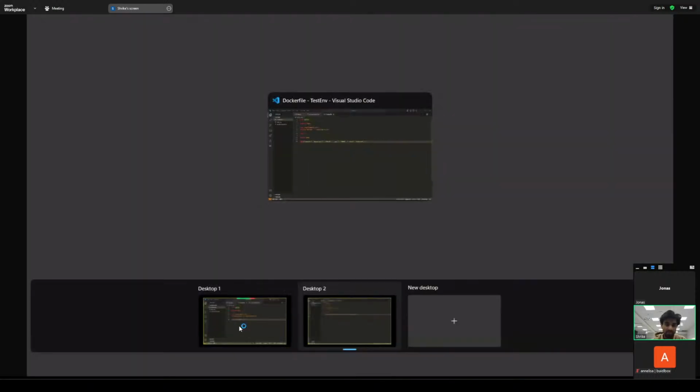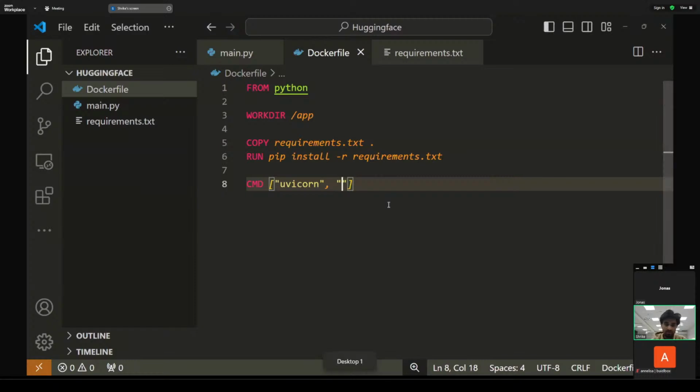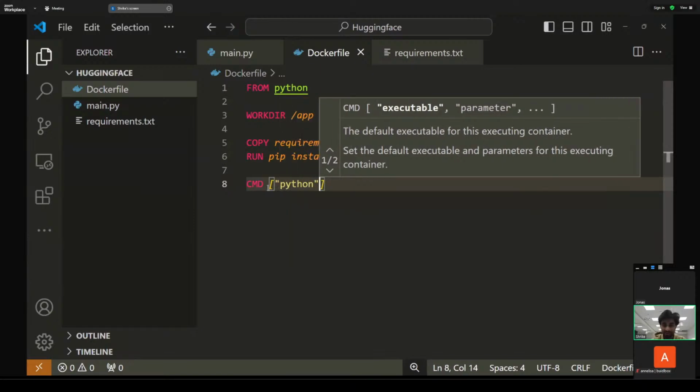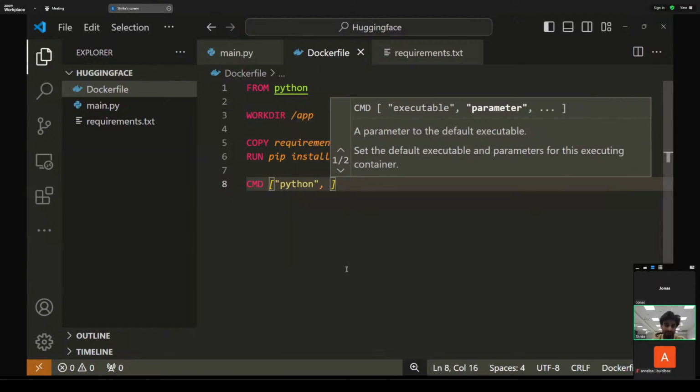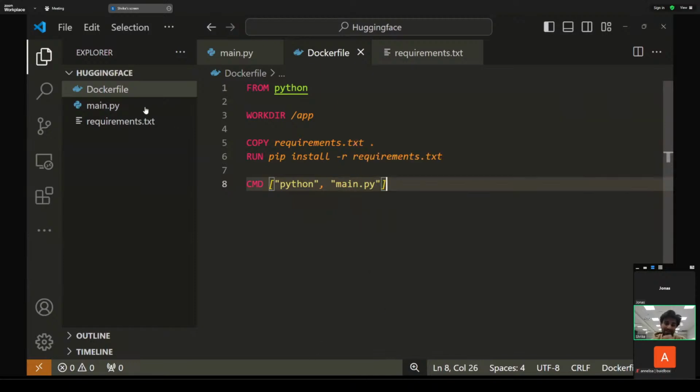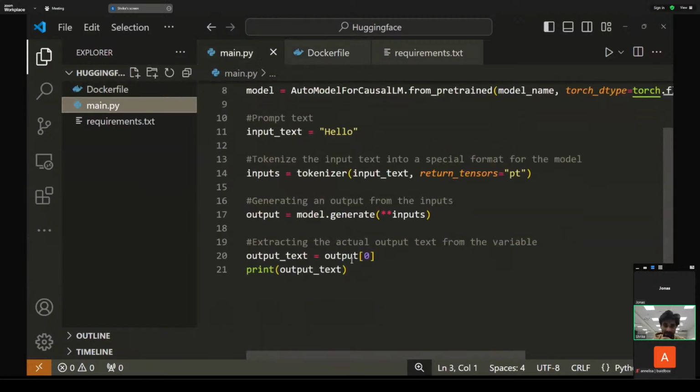Unicorn, yeah. Unicorn main dash app. This will become relevant later. Actually, wait, I apologize. For right now, just write Python and then main.py. I forgot I haven't actually set up the app yet. So just compile the main.py application